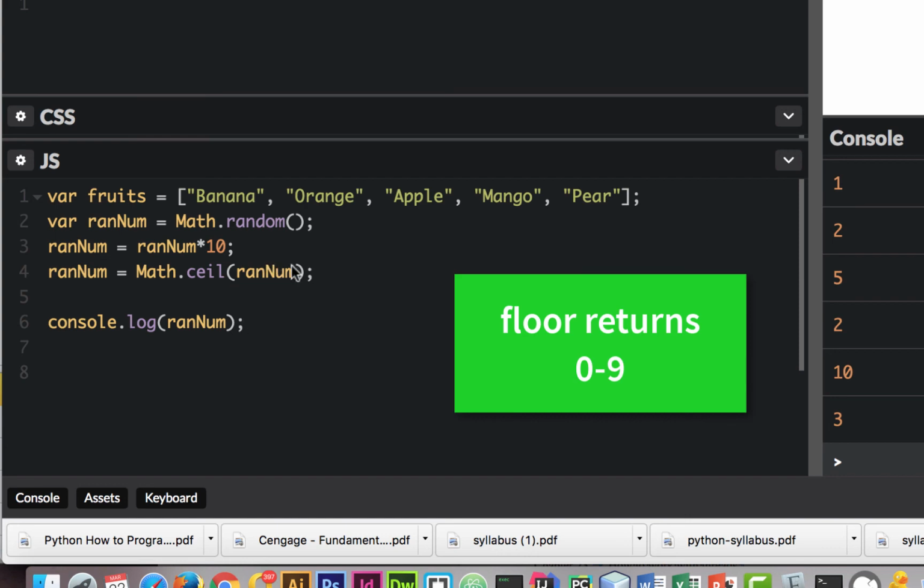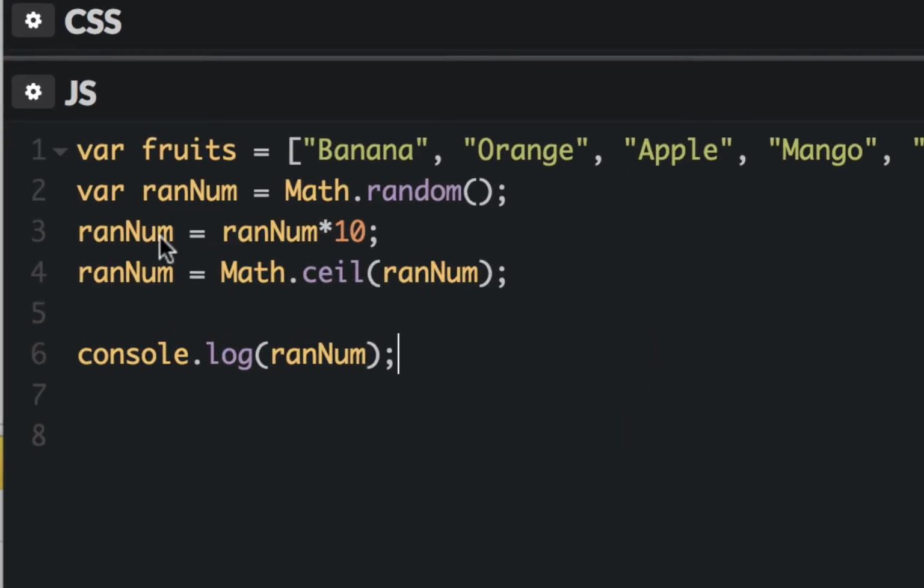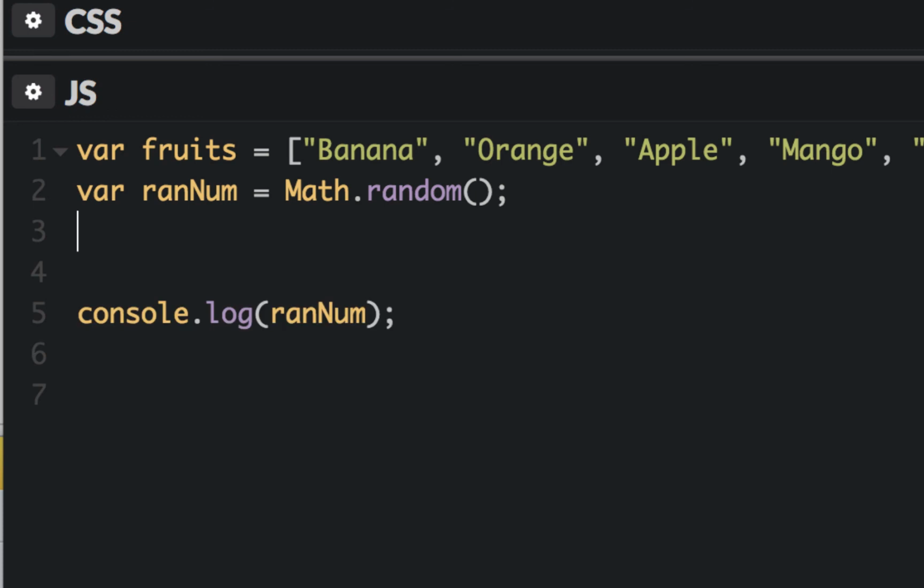Now, one thing I just want to show you here also is we did these separate. We took random and we did a math random. We generated a random number from 0 through 0.9999 up, but not including 1. Then we multiplied it by 10, and then we did the ceil. Now we could put this all in one statement. We don't have to do these separate statements like this. What we could do is put it all together. So I'm just gonna delete these. I could put the times 10 here,